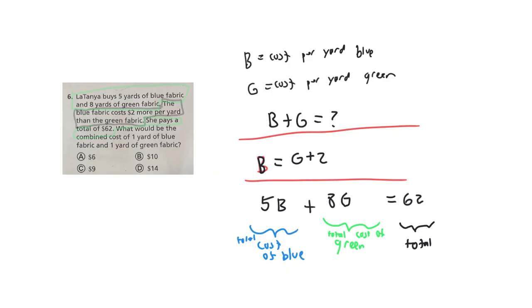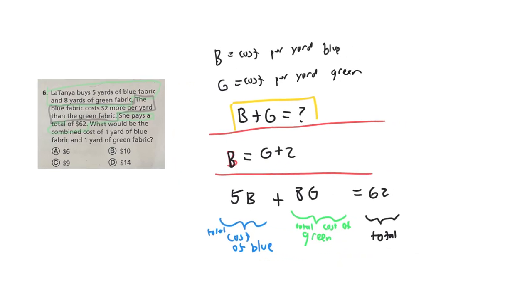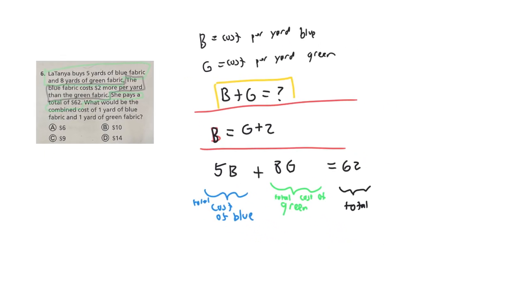So we've got quite a bit of information here. Now, let's not lose sight of our goal. Our goal is to find out what b plus g is. Now, unfortunately, that's going to be tricky here. This is sort of an annoying equation, partly because there's two variables. So we have to find a way to make it so that there's only one variable